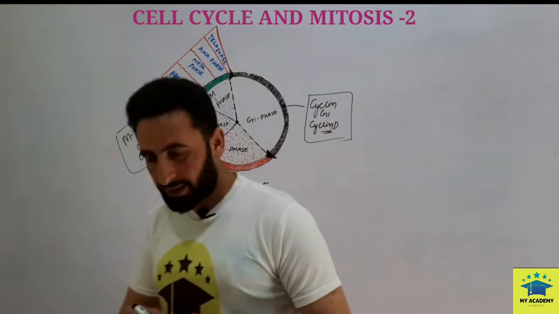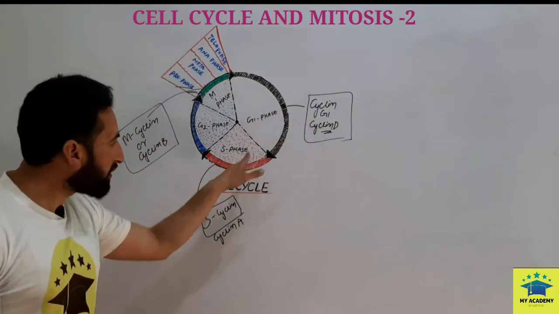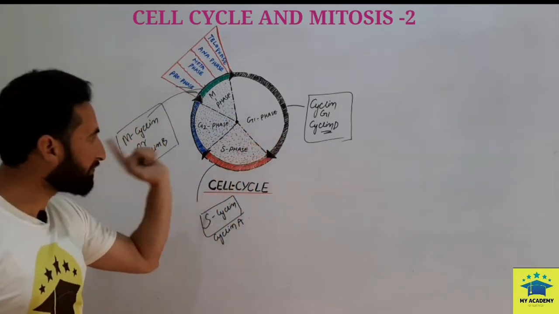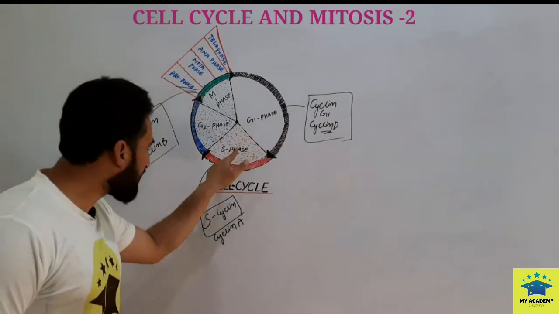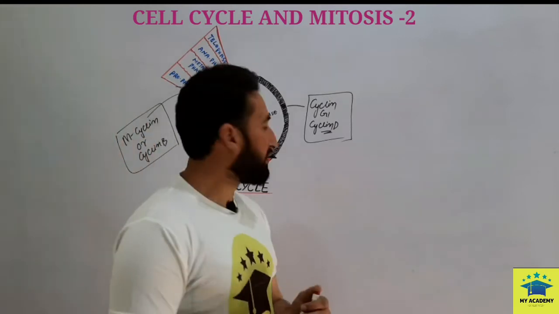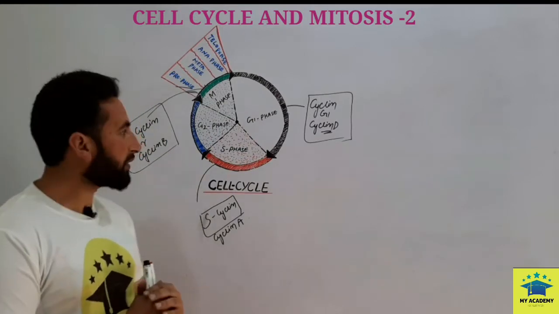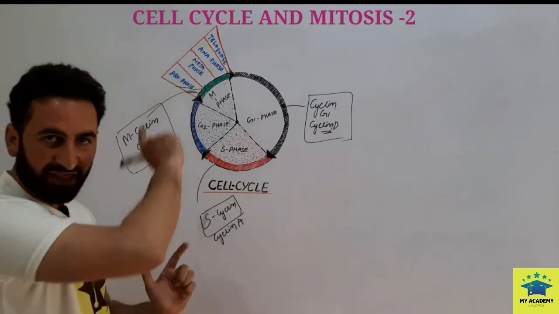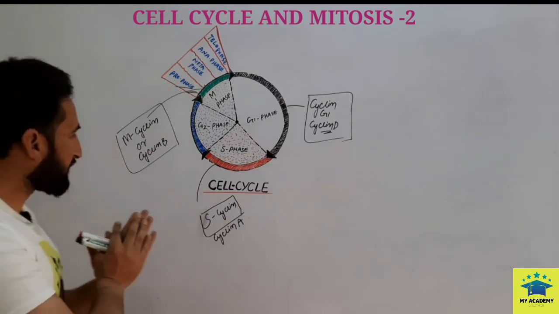Cyclins are specific to a particular phase. When a cell passes from one step to the next, for example, the G1 cyclin disappears. When it passes from S phase to the G2 phase, the S cyclin disappears. They have the tendency of degradation and synthesis on their own. These are the cyclin molecules, which drag the cell through a series of events, from one phase to the next phase.